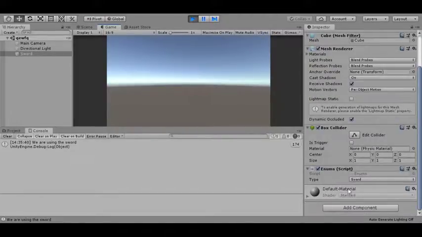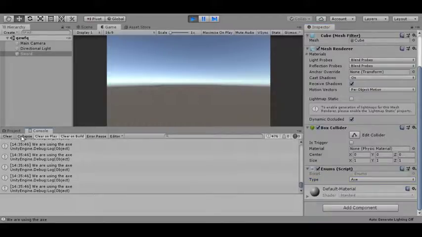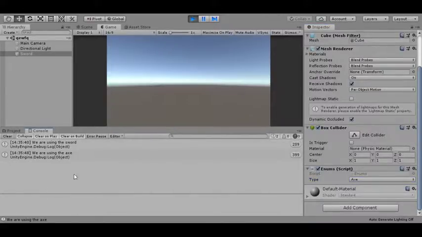Once we change this to spam, it will say we are using the spam. Remember, press collapse, otherwise you're going to get this. Press collapse and it's going to be very neat, easy to see. Switch it to bow. See? Easy. How do you press collapse? Oh, collapse. Got it.